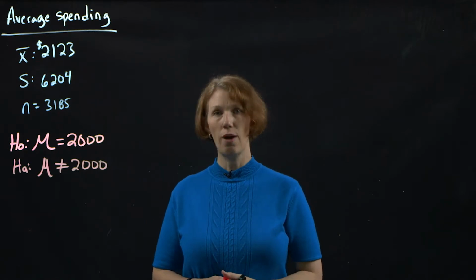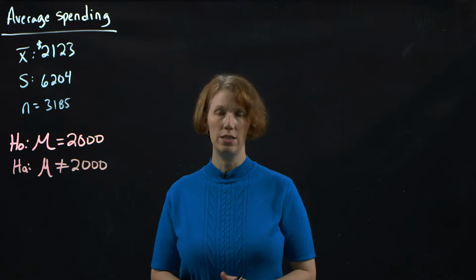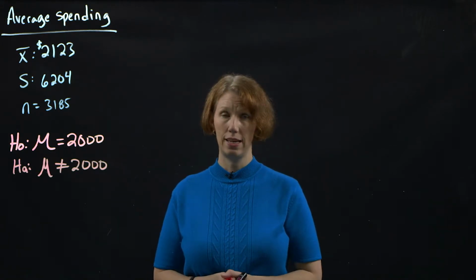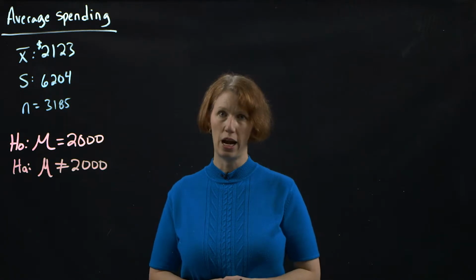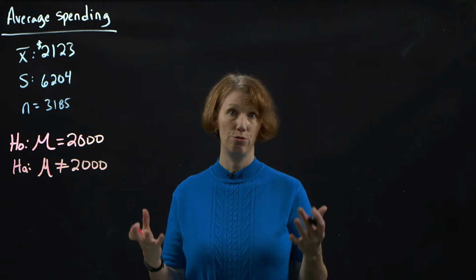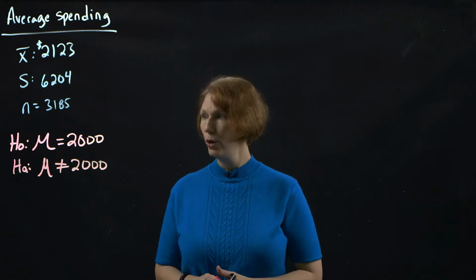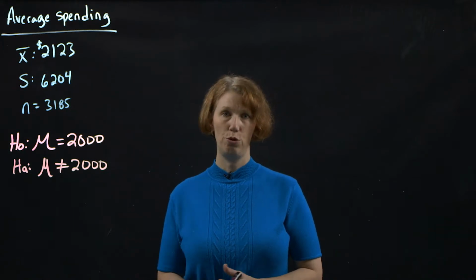Perhaps we don't have any prior assumptions about whether it's higher or lower, so in this case we would leave it as a two-sided hypothesis test. Of course, if we did have some priors about directionality, we could specify it as an upper one-sided test, for example. All right, so we have our null and alternative hypotheses, and now we want to move to writing down